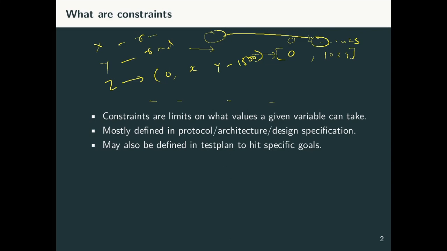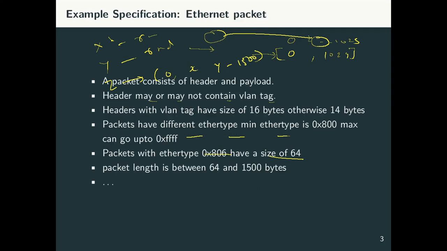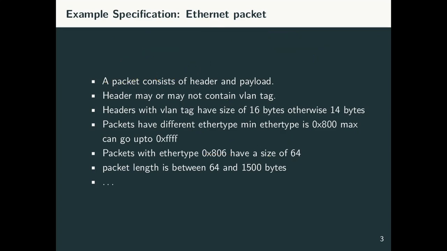And this relationship between different variables is typically specified in the protocol specification. Then there will be additional such constraints which will be defined in the architecture or design specification. And finally, when we are writing out the test plan, we might further refine these constraints in order to hit specific goals. So to take an example, if we look at the Ethernet specification, an Ethernet packet consists of a